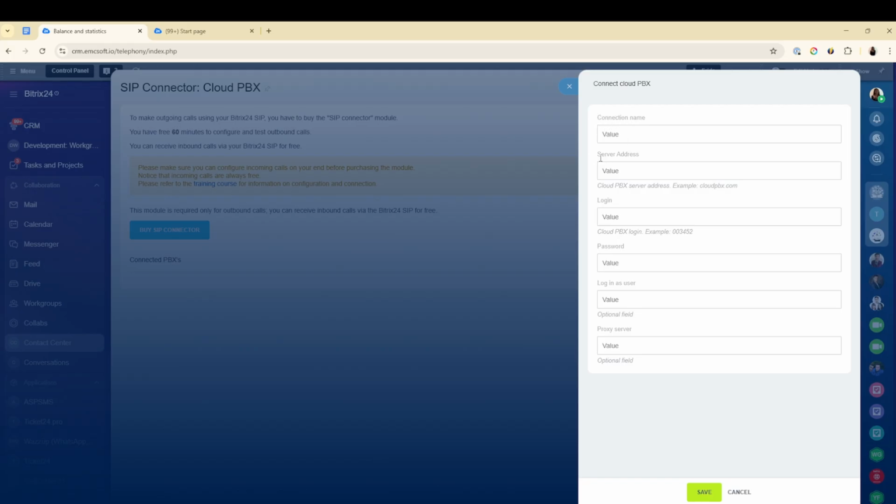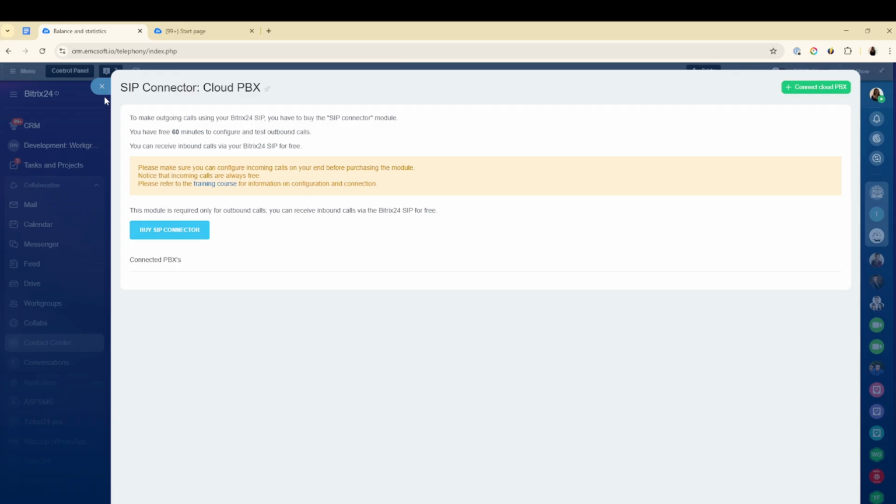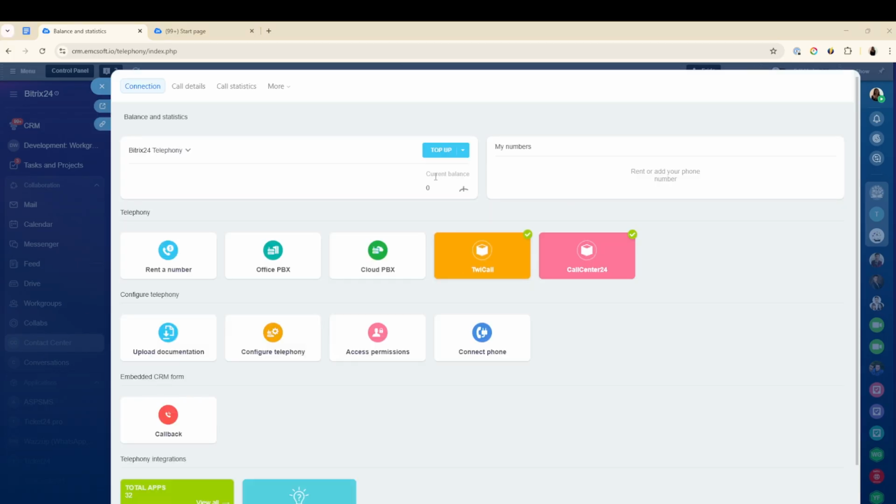Again, the connection name, server address, login, password, etc. Okay, then you would save this and then your connection would be established. Very good. And now we're going to talk about the third option and our personal favorite option, which is third-party